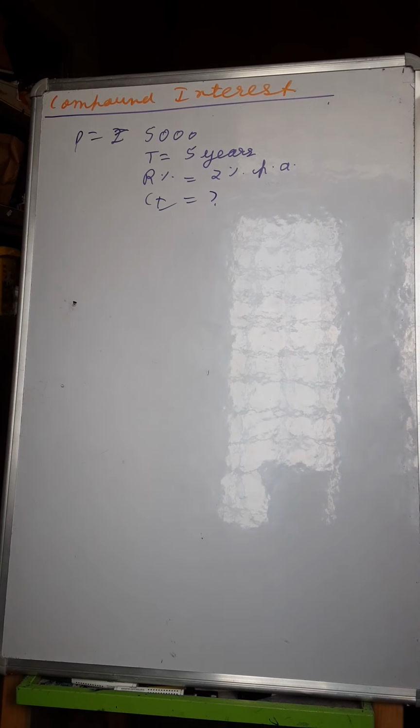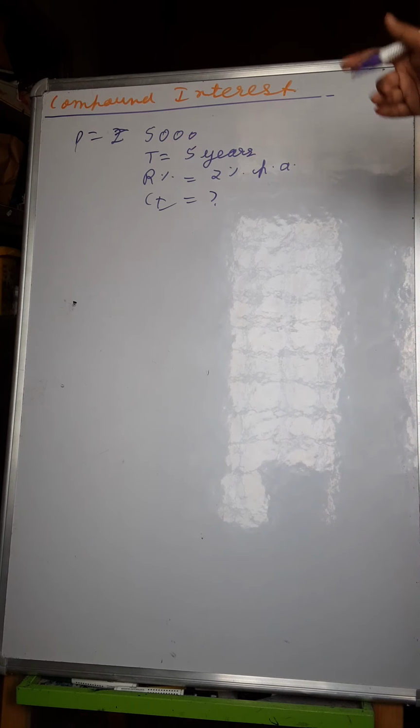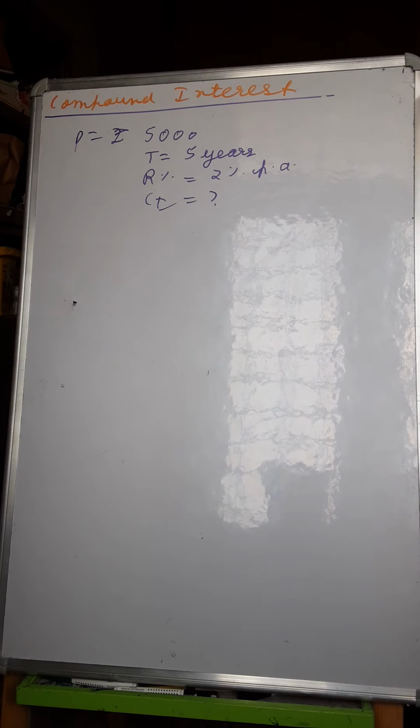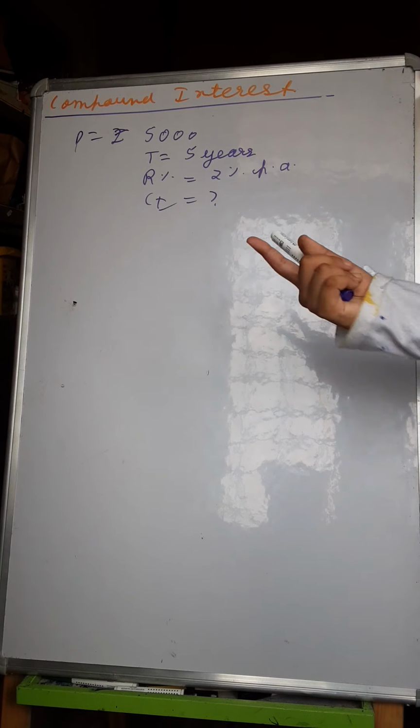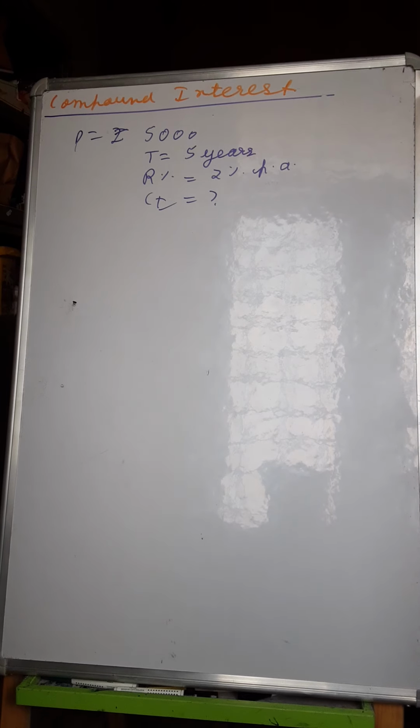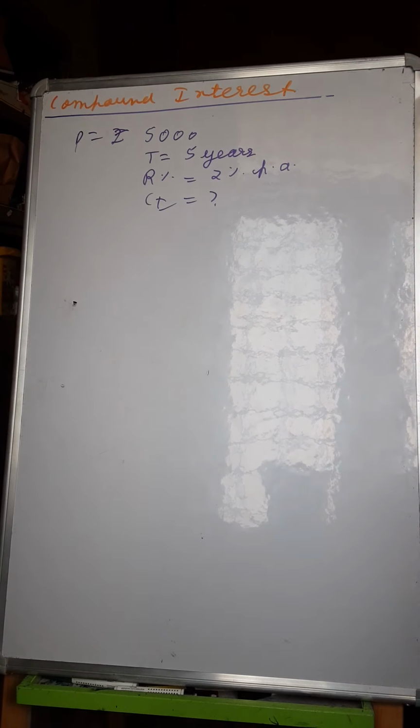In the previous video I had told the main concept about compound interest, and how you can solve it without using the formula by repeating the process. I'll repeat it a little bit today also. The basic thing is that when you have a principal, first you calculate the simple interest for only 1 year. After that you add the principal to the simple interest, and you get the amount, that you already know.